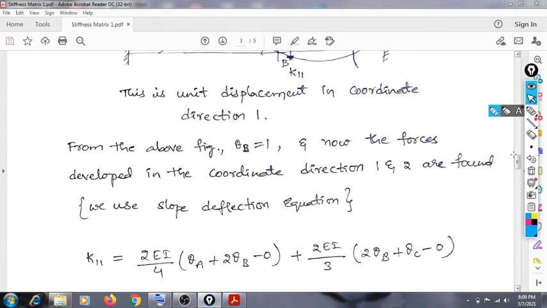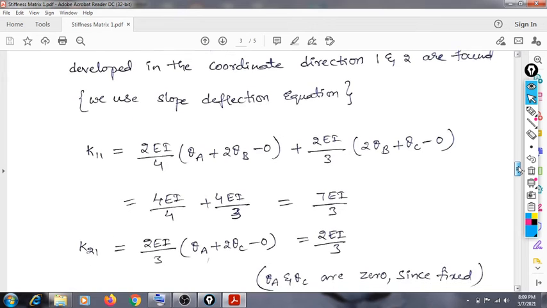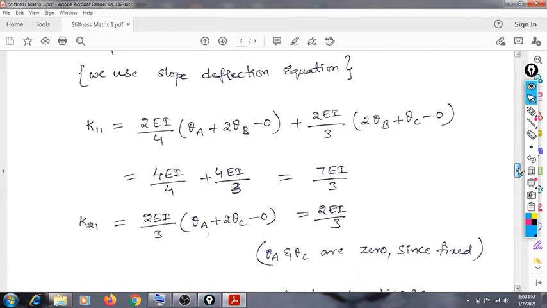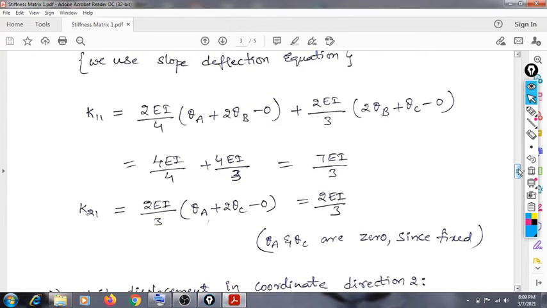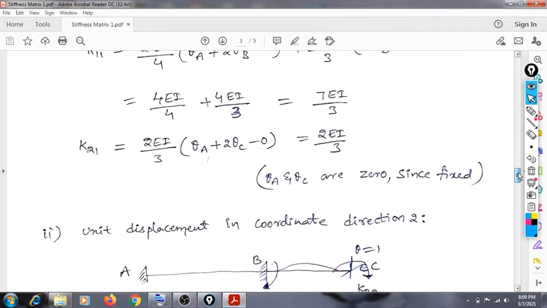So this is how it is completed, and we get 7EI by 3, and in the same manner K21, so we are taking 2EI by 3 theta A plus theta 2 theta C minus 0. So we know that theta A and theta C are 0 since they are fixed, and theta B is 1 as we have taken the rotation to be 1, that is unit displacement in